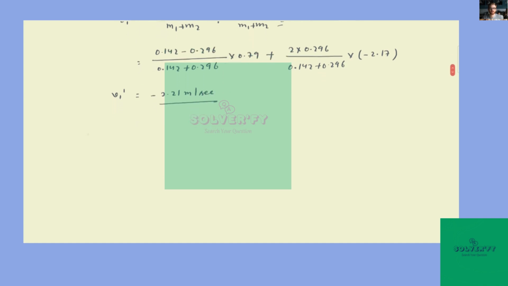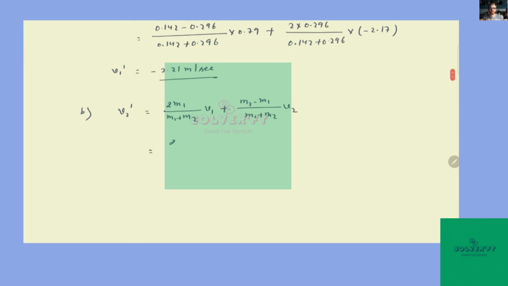Secondly, in the second part of the question, we are going to find the velocity of the second glider after the collision. So v2 dash is given by 2m1 divided by (m1 plus m2) times v1, plus (m2 minus m1) divided by (m1 plus m2) multiplied by v2. So you can put the values here. 2 multiplied by 0.142 divided by 0.142 plus 0.296, plus m2 which is 0.296 minus 0.142, divided by 0.142 plus 0.296, multiplied by the value of v2, which is